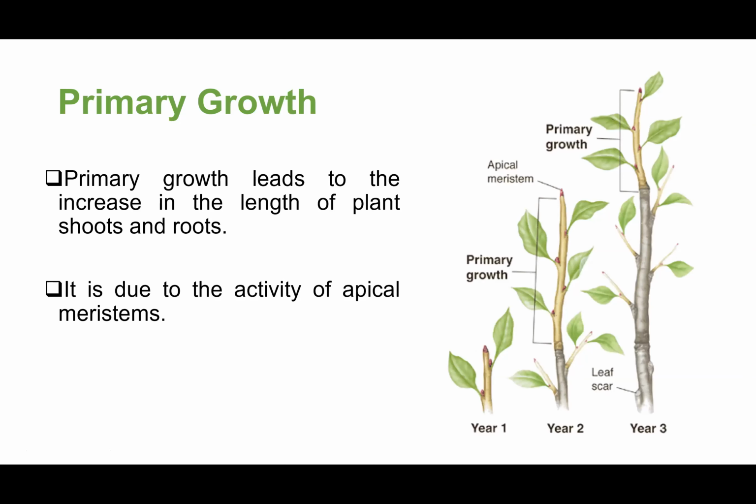So the shoot apical meristem helps in the linear growth of the plant. That is, it helps in increase in the height. It helps in growing upwards, whereas the root grows downwards, right? So the root shows positive geotropism, whereas the shoot shows negative geotropism. So primary growth mainly deals with increase in the length of the plant with the help of the shoot apical meristem and the root apical meristem. The shoots grow upward and the roots grow downward into the soil. Okay, so this is our primary growth.